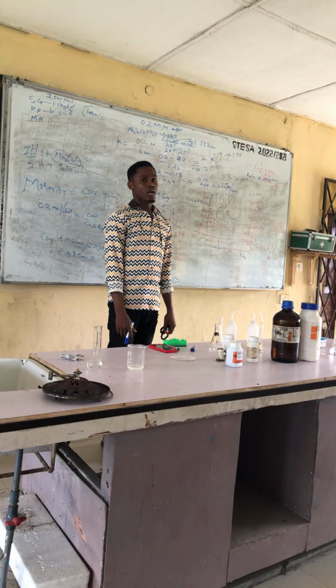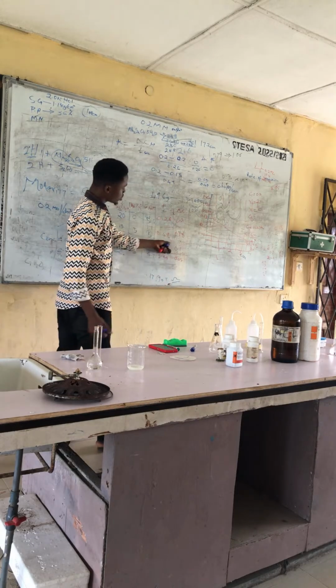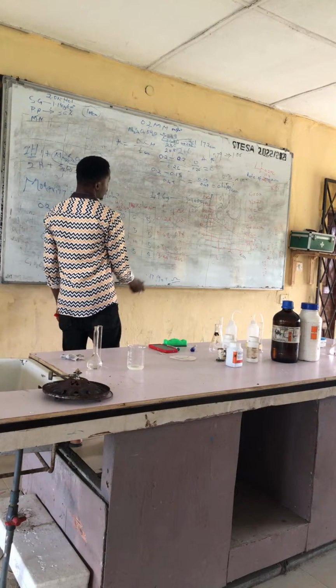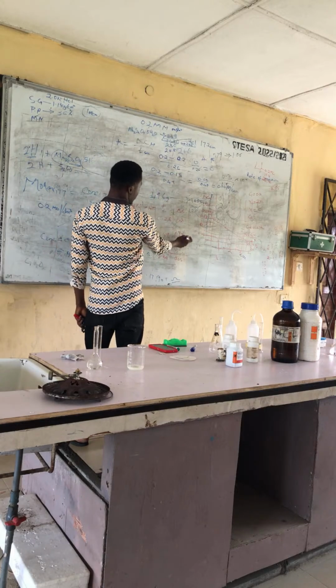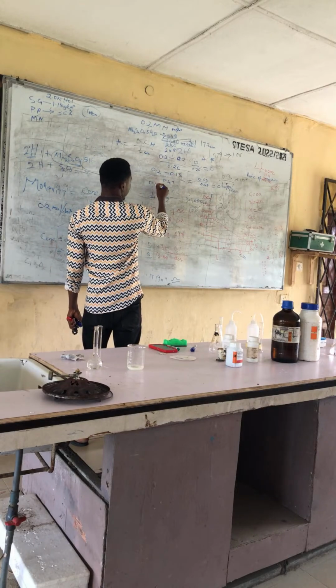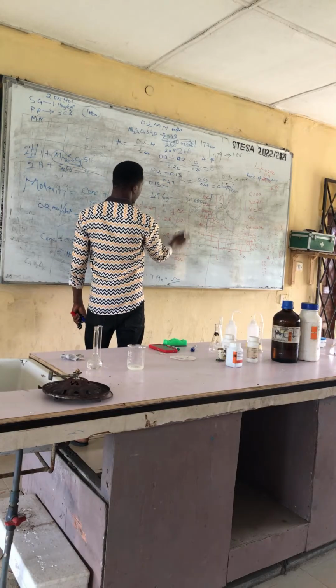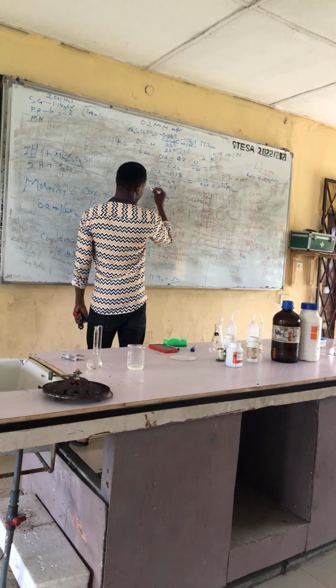So you go for the third one. The third one, what was the concentration? You pick this first. 0.15 minus this 0.1 divided by